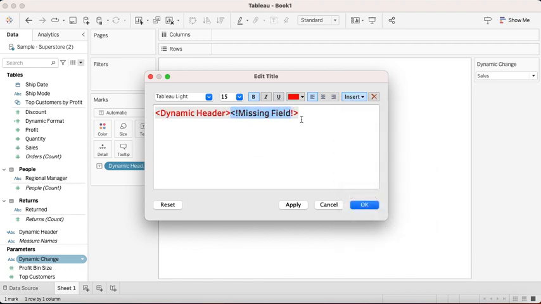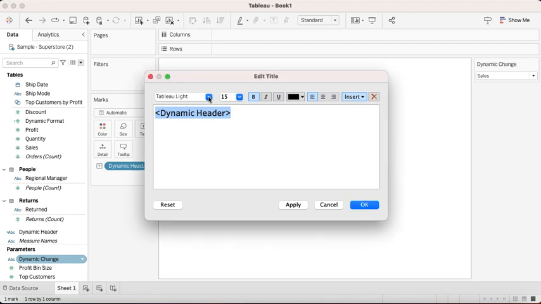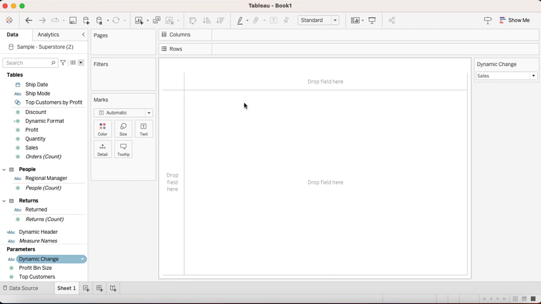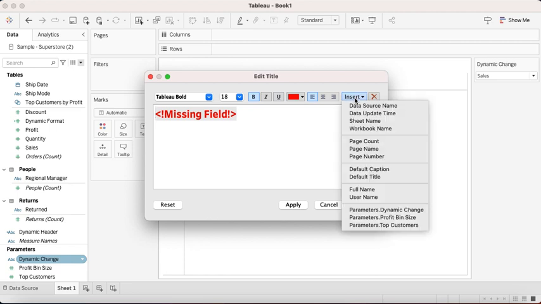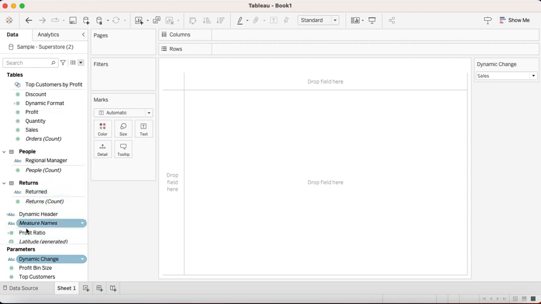We'll make it black, we'll make it Tableau bold, and we'll make it kind of big. So yeah, we are seeing sales here. Okay, so now we have the parameter here. We'll look at that. We will add the header after that, but first what we have to do,